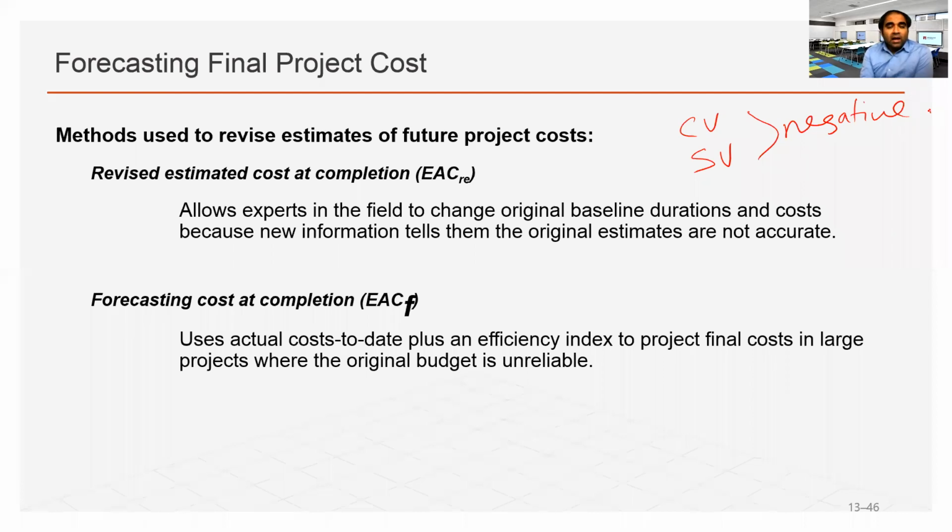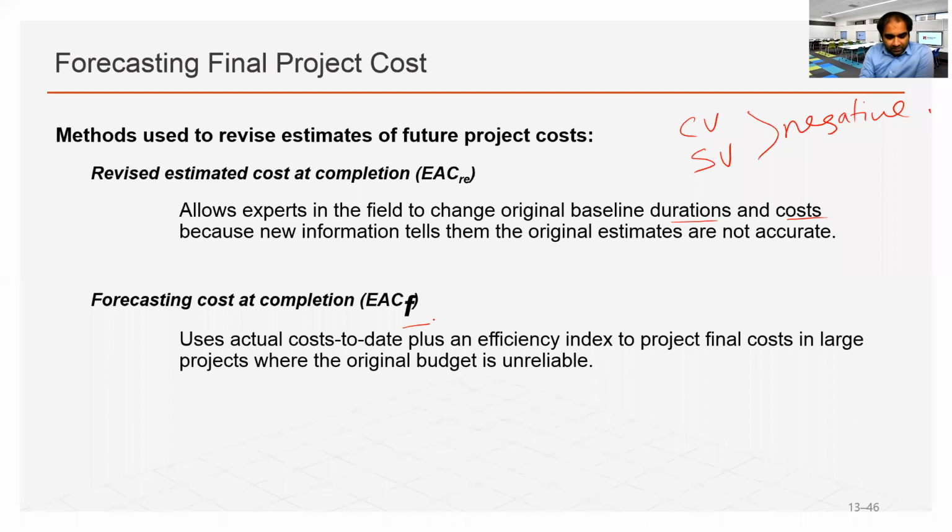Then again, as I said, this is the same process in which we calculated PV. Then we check the remaining amount of tasks. What is the budget involved? We obviously seek some expert feedback in that process, take the original baseline cost, and calculate the new EAC, estimated cost at completion. Forecasting cost at completion, which is EACF,